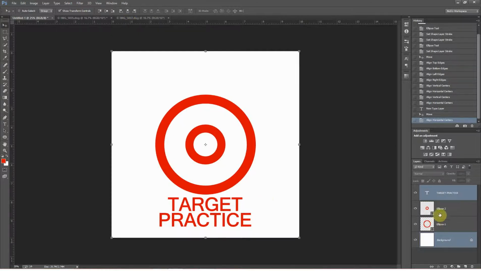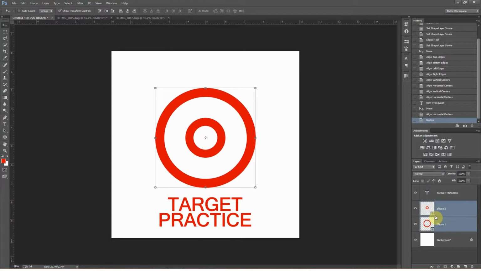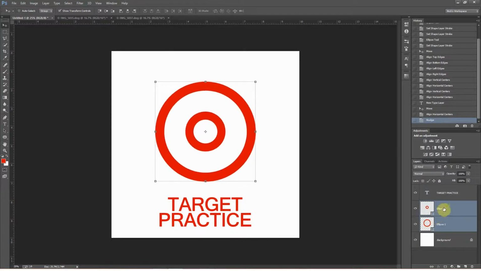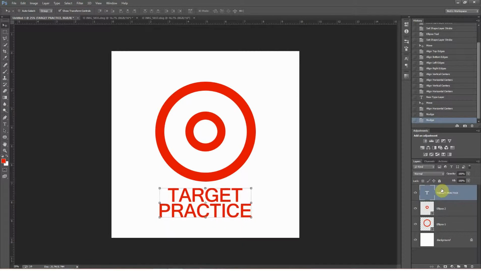So at this point, everything is perfectly centered in the document. The smaller circle is centered within the bigger circle and is also centered in the middle of the document, and my text is also centered right in the middle. If at this point I want to play with things, all I have to do is select which layers I want, move them up or down, and I'm just using my arrow keys on my keyboard to do this. And I have a lot of control,